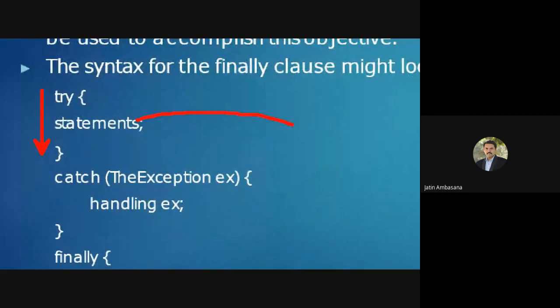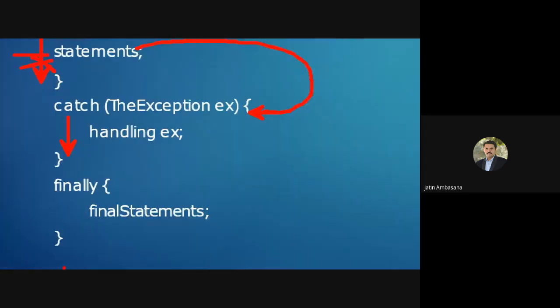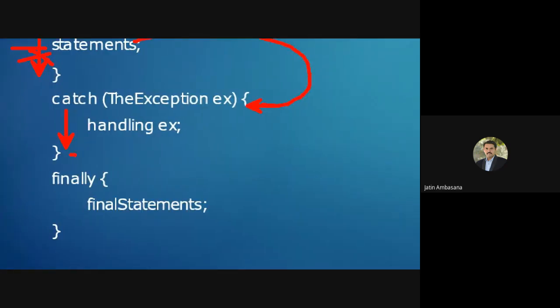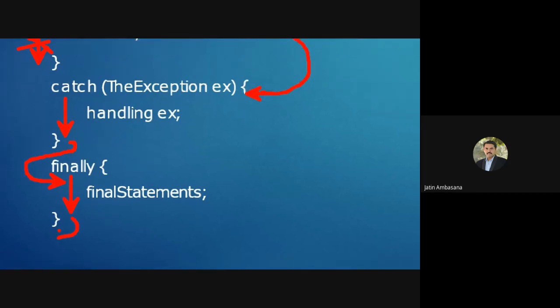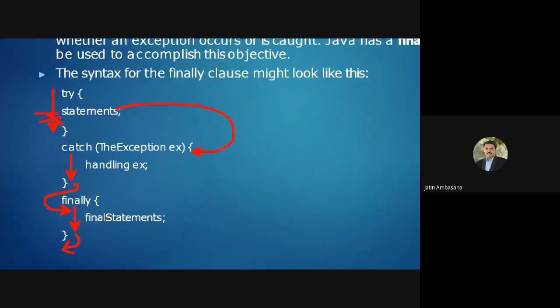Suppose an exception occurs, the control goes to the catch block, executes the catch block. From here itself, the execution of the try block stops. The catch block executes, then the control goes to the finally block and it executes, and then it exits out of the try catch block after finally. Okay, this is how it happens.